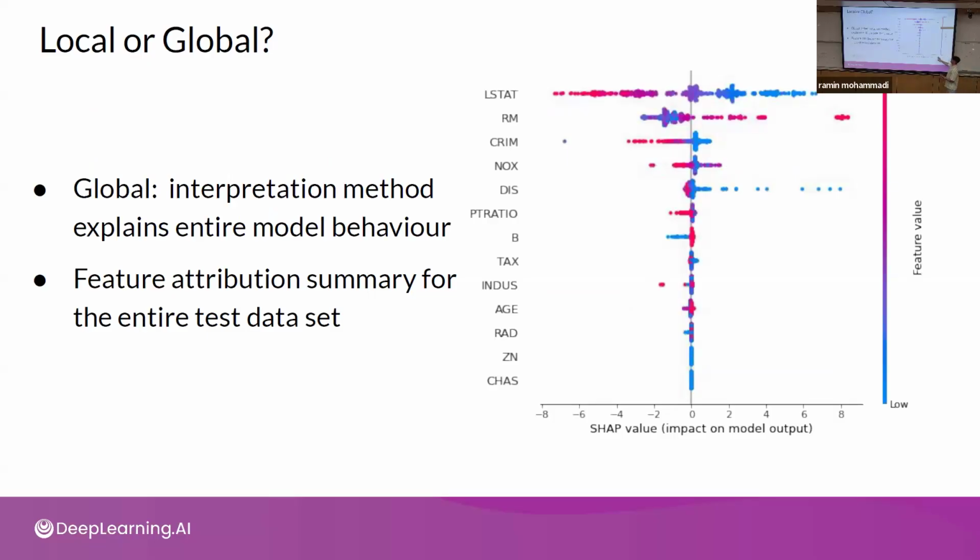So what you see here in the SHAP value, the color is the feature value, whether the feature value is high or low, and the SHAP value is the impact of that feature on the model output. If the feature value is high, the impact on the model could be to the left, negative, or could be positive. And when you have something like this SHAP value, and again, we're going to talk about it more, you're hoping